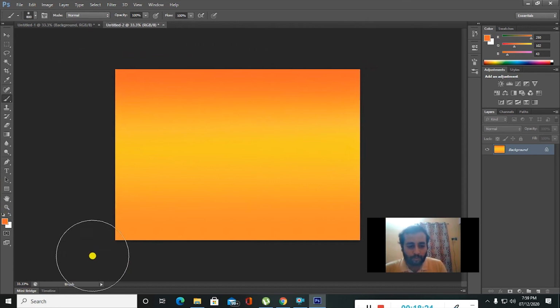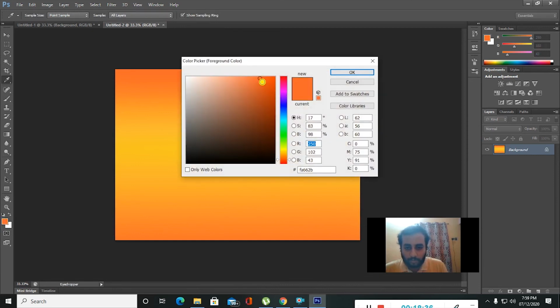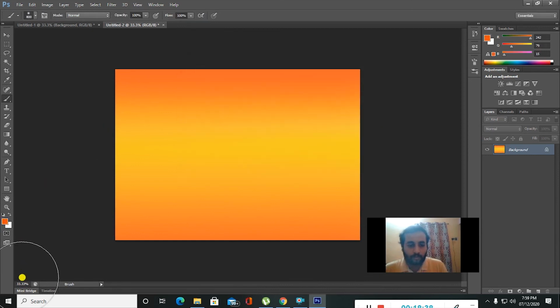If you make any mistake, just undo and do it again. Again open the color palette, and I'll make it a little more darker. Gradually, if you see, you cannot see the separate colors. All the colors are getting merged and it is creating a good shade. I'll create a little more darker now. Like this you can create a beautiful shade. Between orange and yellow, you can still see some difference over here.